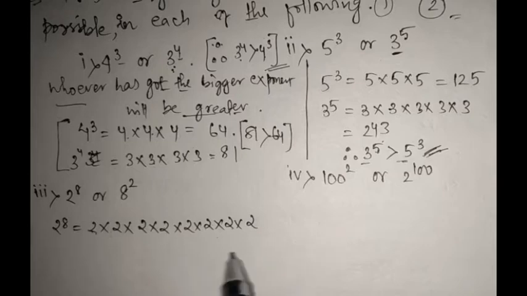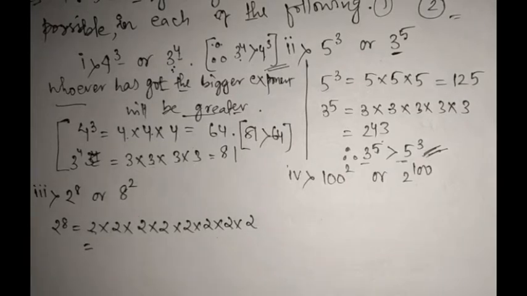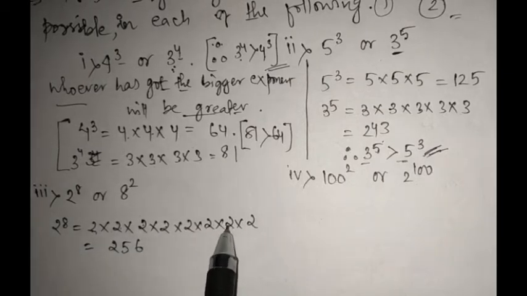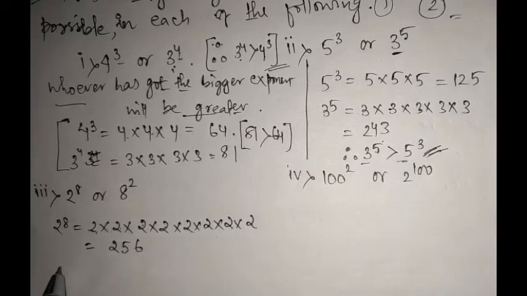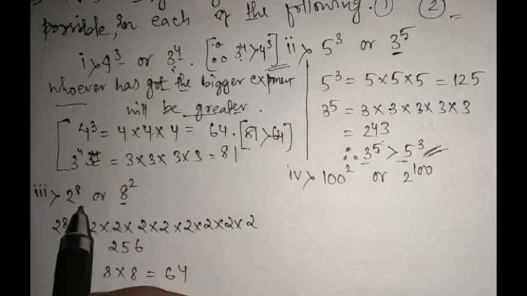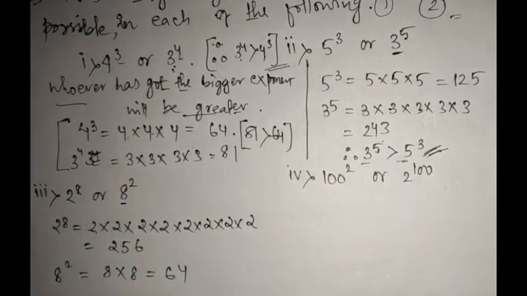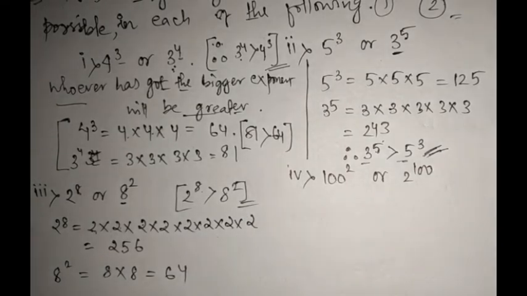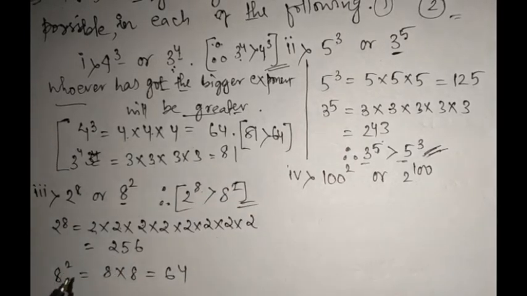Now you write the value. What is the meaning of 2 to the power 8? 2 to the power 8 indicates 256. I have already calculated. You can even calculate: 2, 4, 8, 16, 32, 64, 128, 256. Alright, so 8 square means 8 into 8, 8 8s are 64. Which one is greater? Now, did your base matter here? No, your exponent is mattering, right? So 2 to the power 8 is greater than 8 square. I hope you have understood this. You'll write therefore. I don't have space here, that's why I'm writing here. You will continue writing below only.